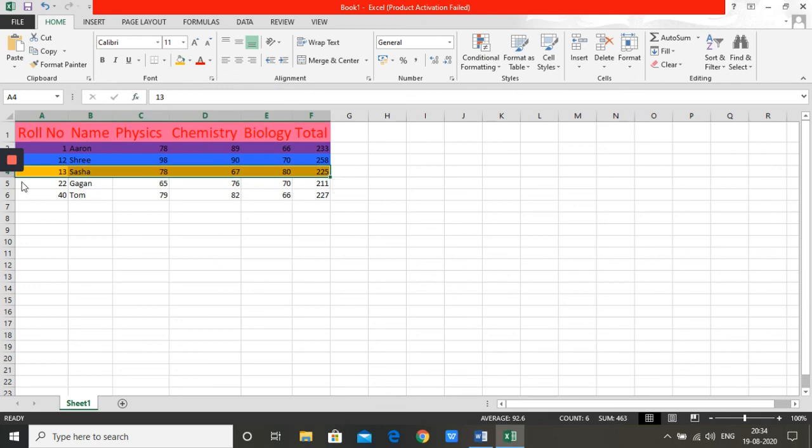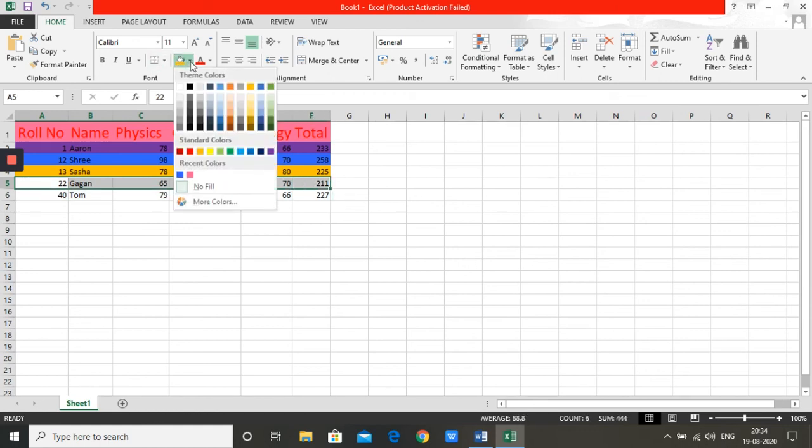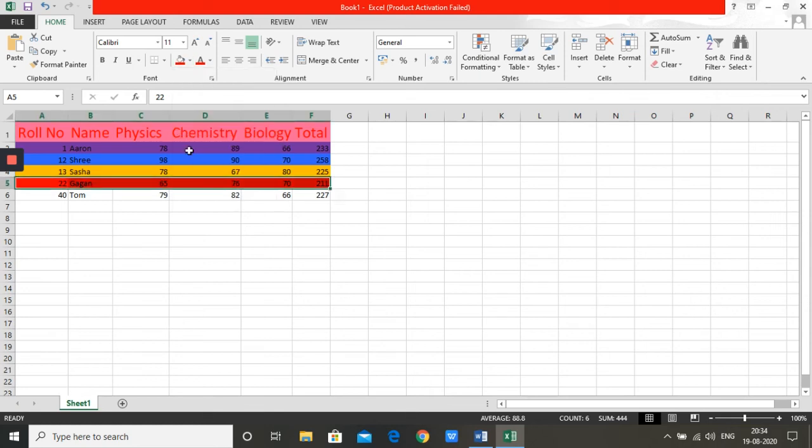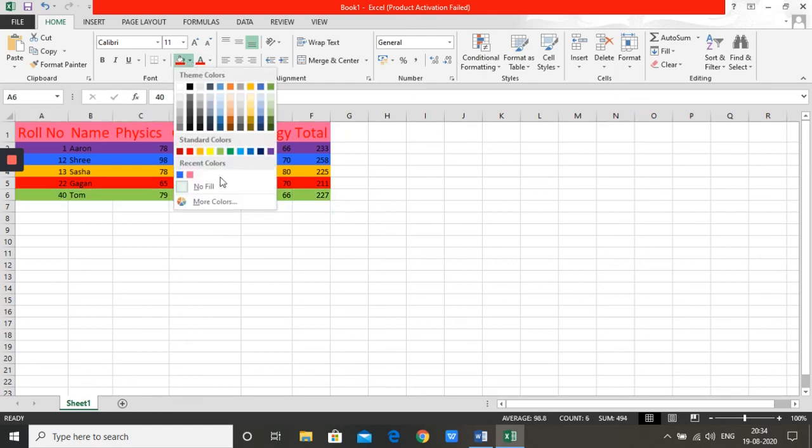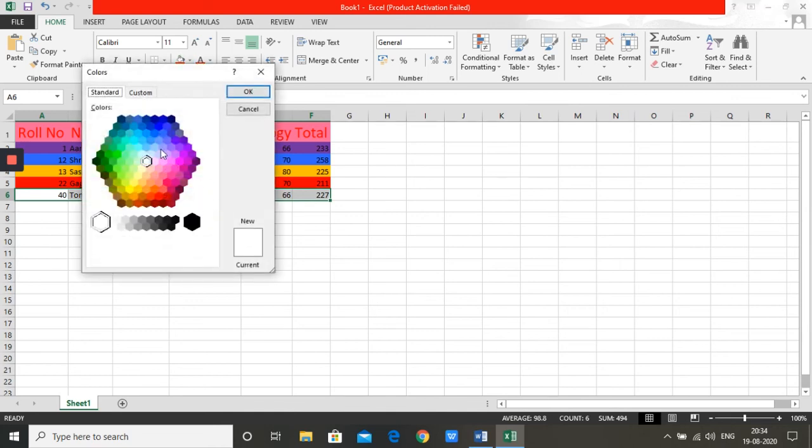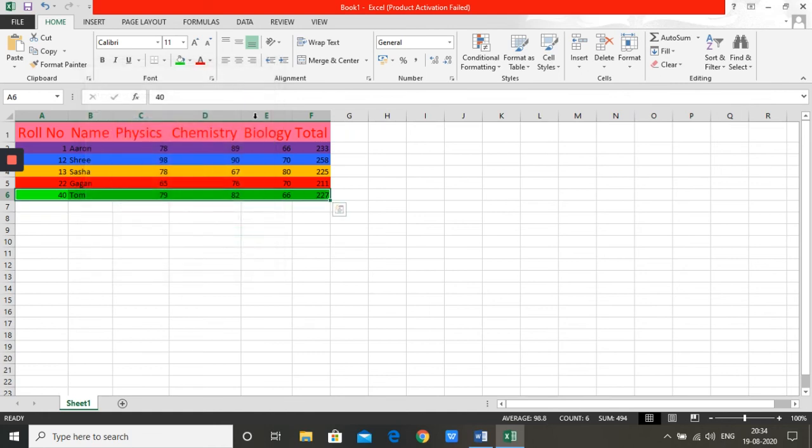The next row, and so on. That's my last row. So it's done. So this is all you had to do.